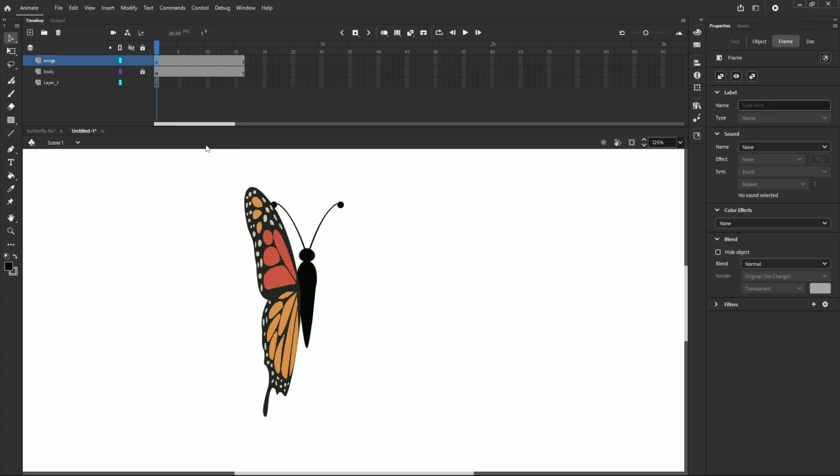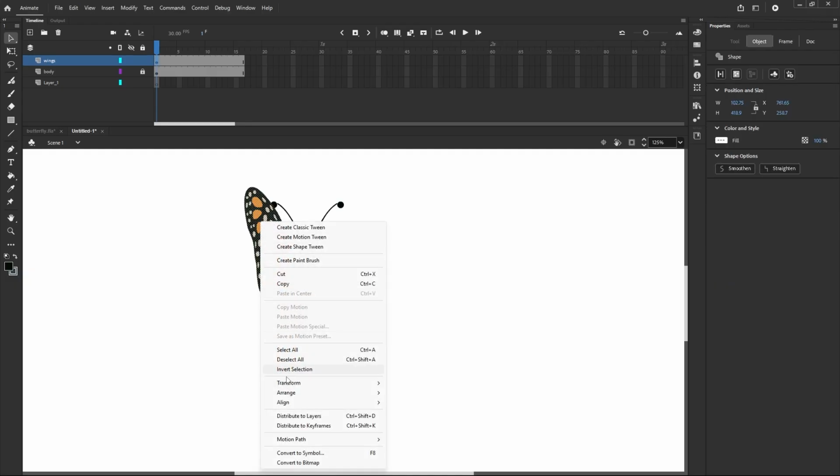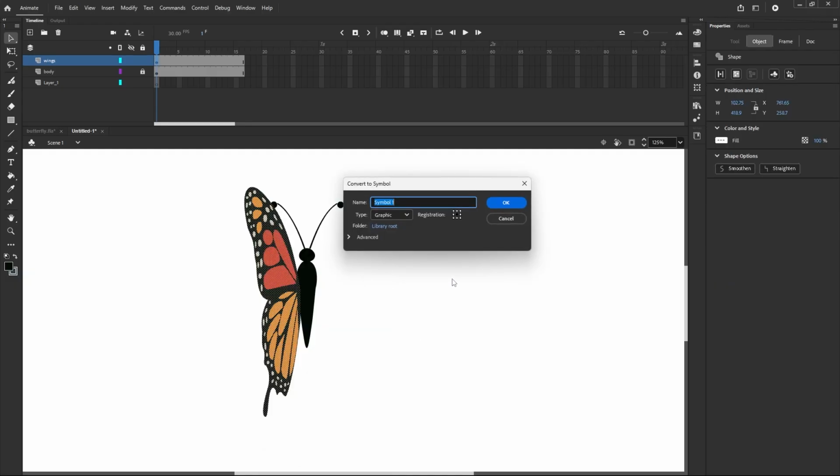And here right click and convert to symbol, and this should be here, this section, not here. Here it is showing the center, that means the butterfly wing center will come, but the wing should attach to the body. This edge is very important in animation, right? So here name it